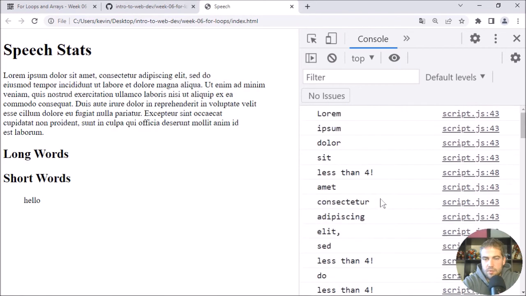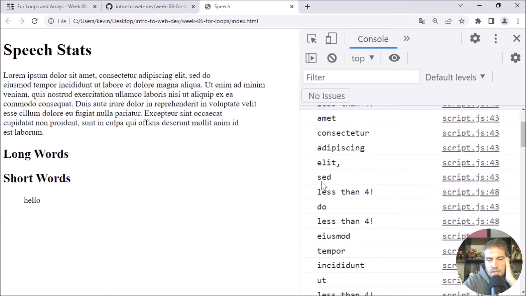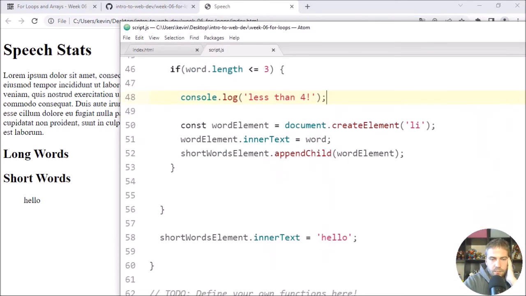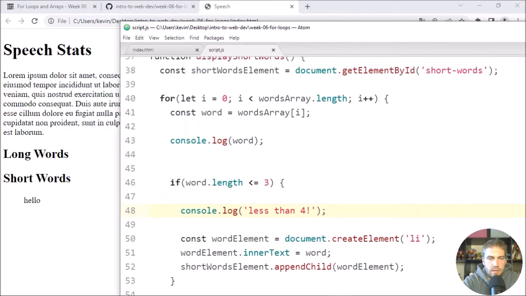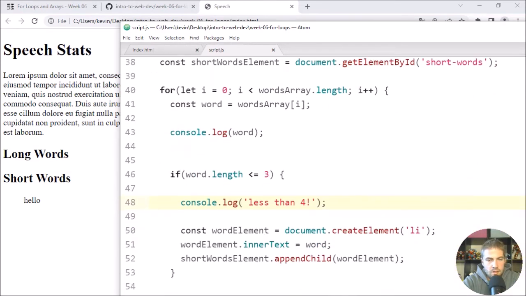If I scroll all the way up, okay, I don't see any errors, but let's just look at the code. So it's running through the text, and here it is, lorem ipsum dolor sit. I don't know if I'm saying any of those words right, but once it gets to sit, it does say less than 4. Okay, so I do think that my logic is working. When it gets to sit, it's less than 4, dolor is less than 4. Okay, so let's go back to the code here, and that stuff's working, but I think that I might be missing